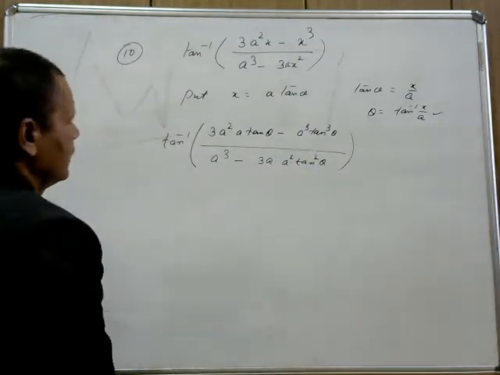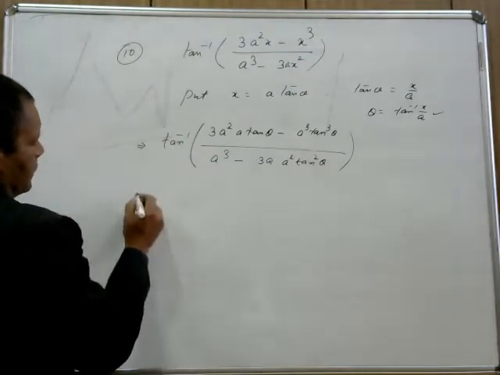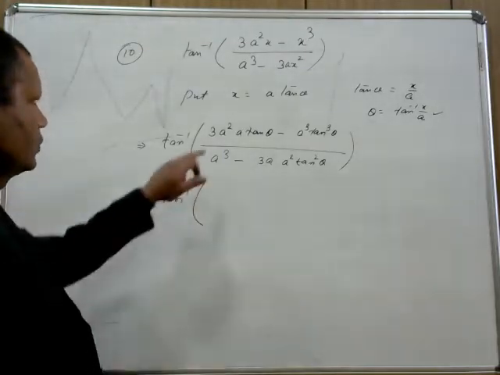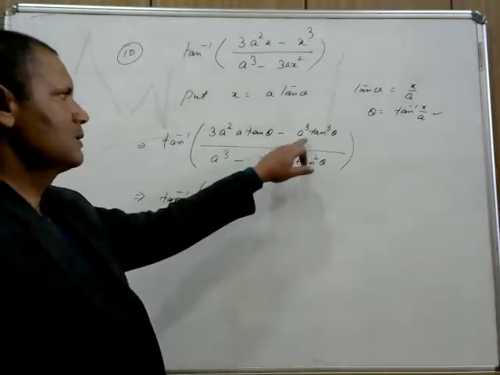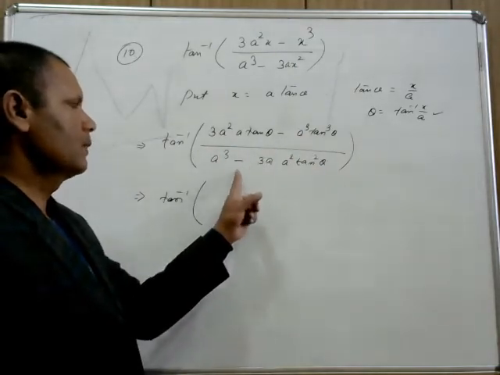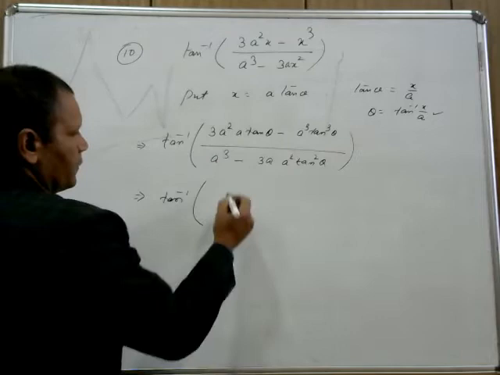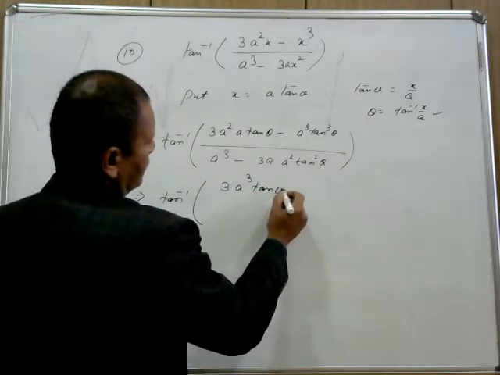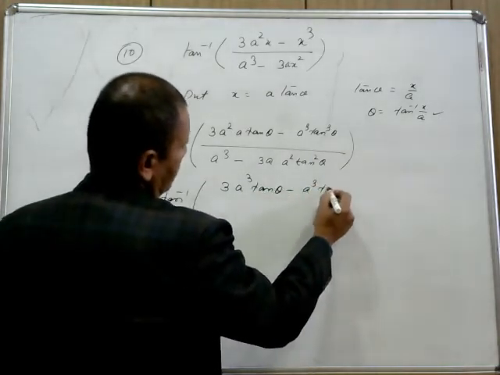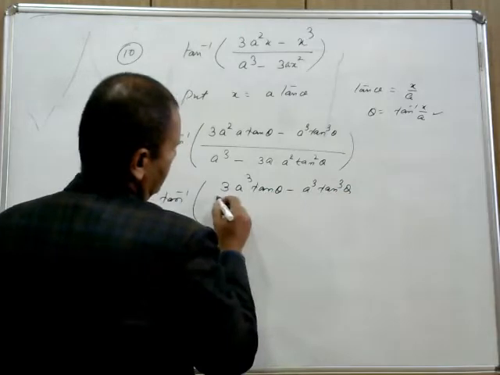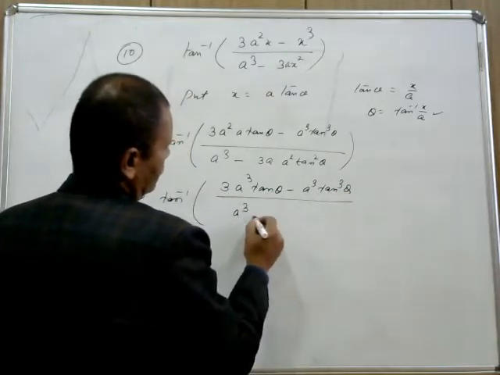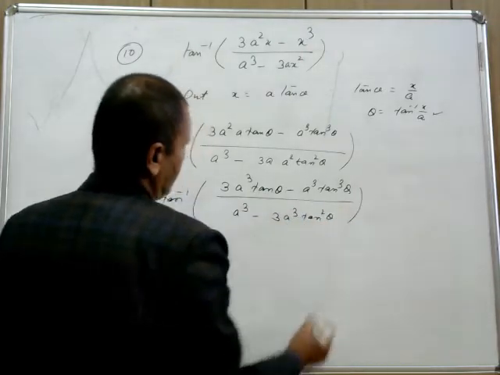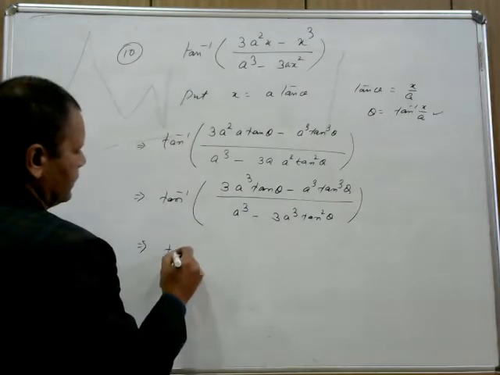Now see, from each and every part of this numerator and denominator, we have 3a cube tan theta minus a cube tan cube theta whole divided by a cube minus 3a cube tan square theta. It implies that tan inverse